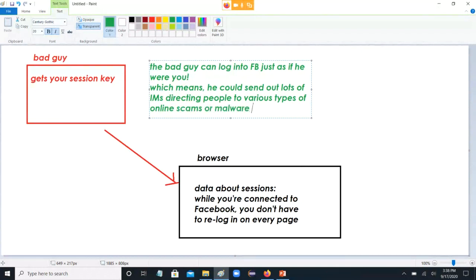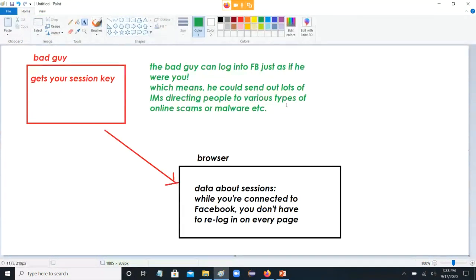scams or malware, etc. Okay, so once you get to one of those sites, if you end up getting some of that malware put on your machine, the bad guy may be able to use that to get your session key. And that's how, when you see that sort of thing on Facebook where your grandma who never instant messages you sends out this really odd message trying to get you to visit this link, right? Say your grandma says, "Hey, I just learned about this cool new website."